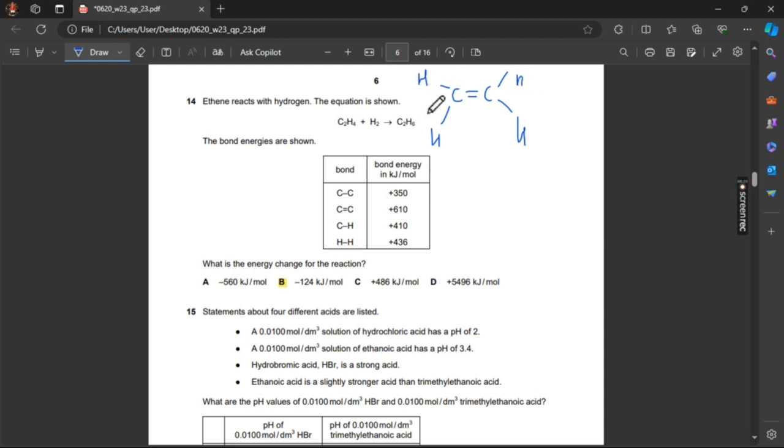I think you got it, and there will be hydrogen bond, and in the product side, their structure should be like this. There will be 6 hydrogen atoms,